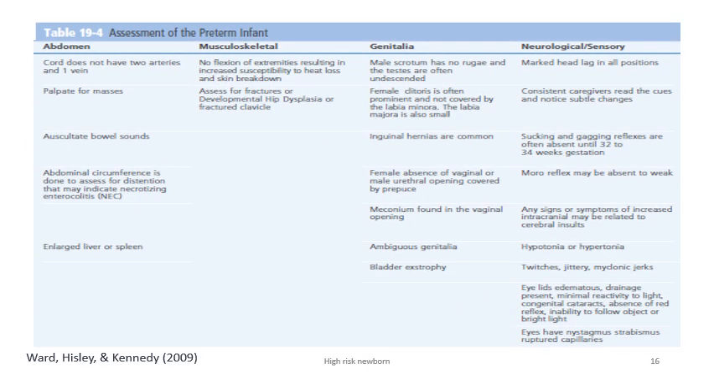Another place we can also assess are the abdomen, musculoskeletal, genitalia, and neurological or sensory. On the abdomen, we can see that the cord is there. We have to see if there are 2 arteries and 1 vein. We have to palpate if there are any masses. We can also auscultate for the bowel sounds. We can also measure the abdominal circumference, and we can also see if there is any enlargement of the liver